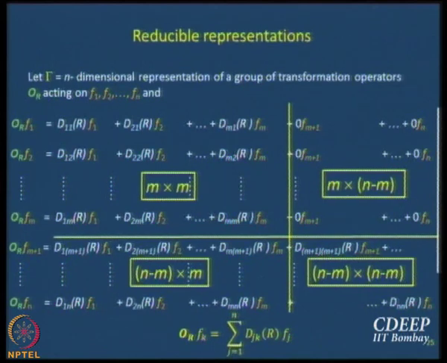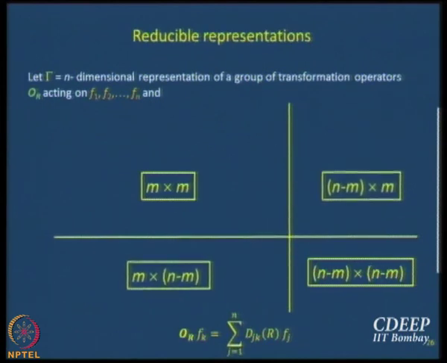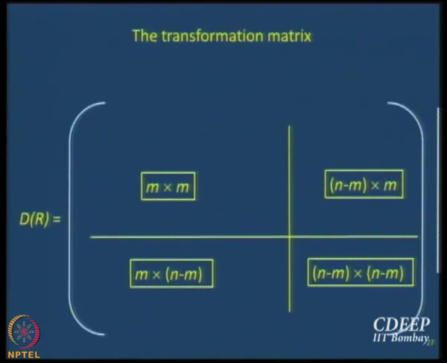N minus m into n minus m. The good thing is that there is no confusion whether it is the matrix or the operator. N minus m into n minus m is the same as n minus m into n minus m. Okay, so what will the matrix look like? Let us just get rid of everything else and write the matrix. This is what the matrix will look like.